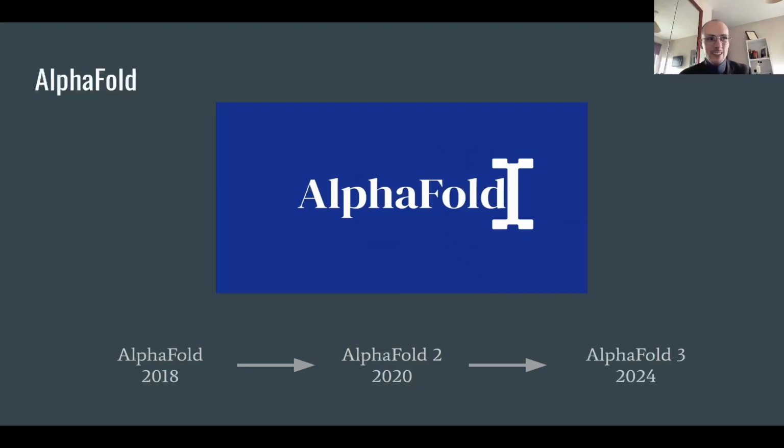Arguably the most well-known AI software for calculating 3D structures is AlphaFold, a system developed by DeepMind, a subsidiary of Google. In 2018, it was first entered into CASP, the Critical Assessment of Structure Prediction, a community-wide experiment to determine and advance the state-of-the-art modelling in protein structure from amino acids, and it takes place every 2 years. In that 2018 CASP, it managed to beat the competition by a staggering 15% on all given protein structures, and